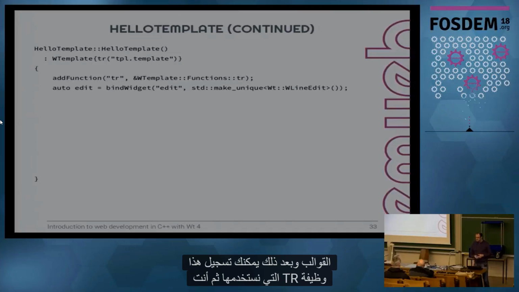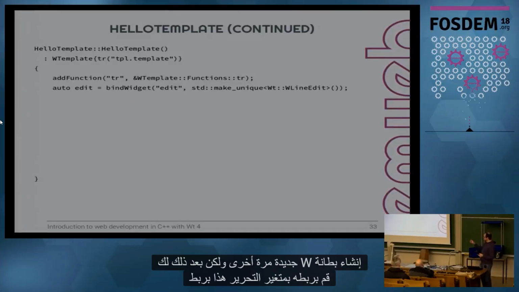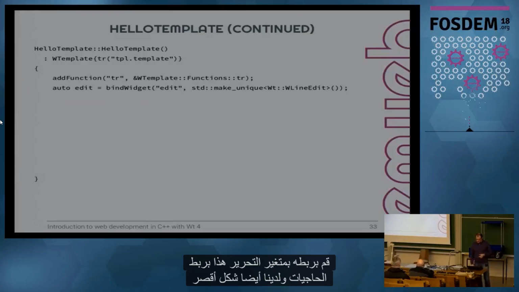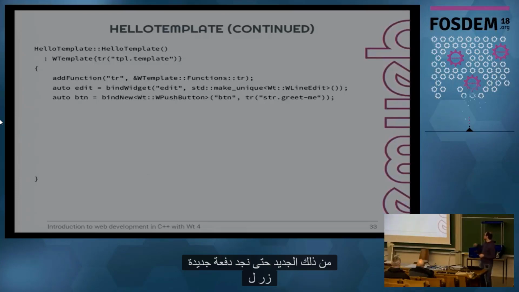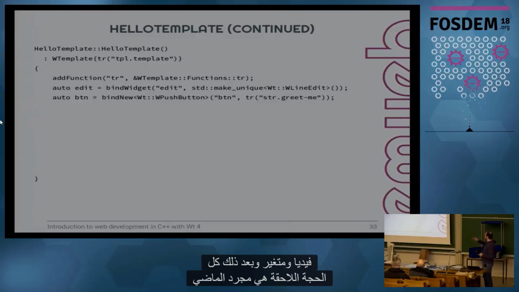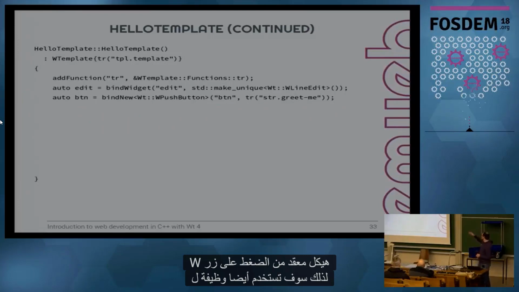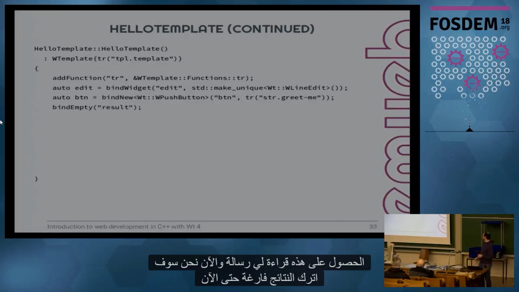Then you create a new WLineEdit again, but then you bind it to this edit variable with bindWidget. And we also have a shorter form of that, bindNew. So we bind a new push button to the btn variable, and then every subsequent argument is just passed into the constructor of a WPushButton. We'll also use the tr function to get this greet me message. And now we'll leave the results empty for now.